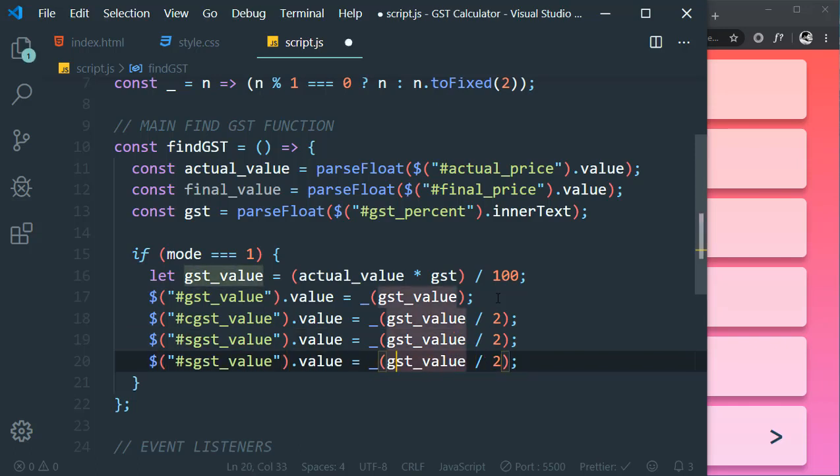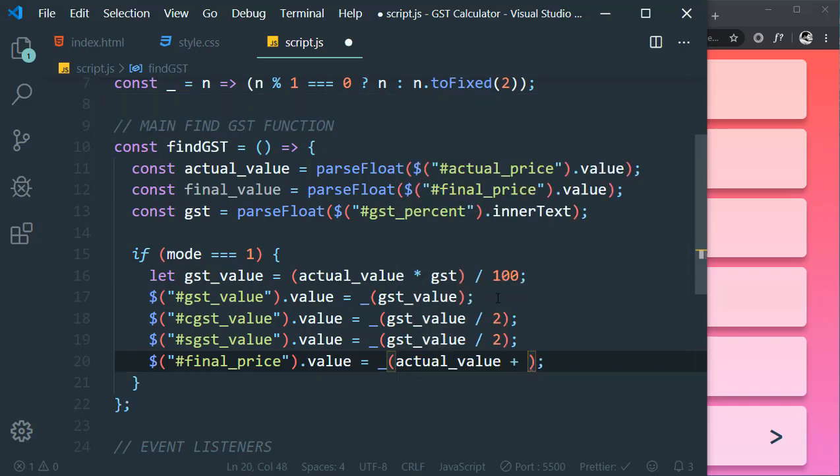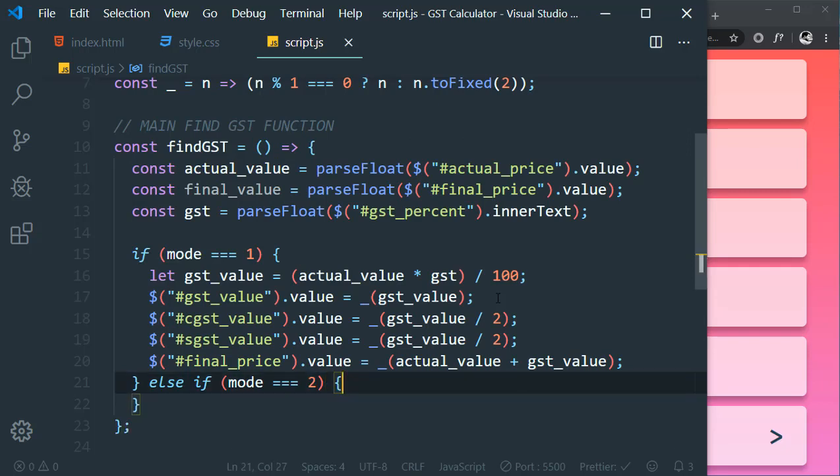Then say final price will be equal to actualValue plus GSTValue. Okay, so this is for mode 1, that is to find the final value. Now else if mode is equal to 2, then what? Then we will find